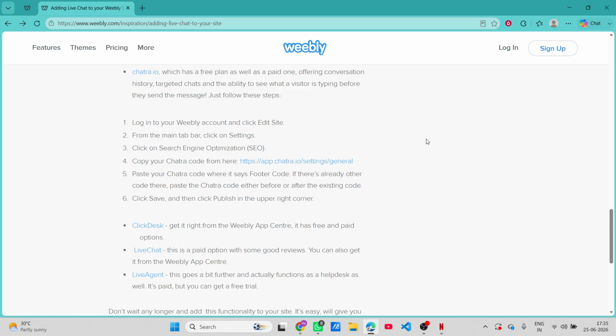Once you're in the Settings menu, select SEO from the left-hand options. This section is where you can influence how your website interacts with search engines, but in this case we're focusing on embedding that chat code. In the SEO section, you'll find a box labeled Header Code. This is the crucial part because you will paste your copied live chat script directly into this area. By placing it here, you're ensuring that the chat widget will automatically load on every page of your site. It's a simple yet effective way to make sure your visitors have access to instant help, regardless of which page